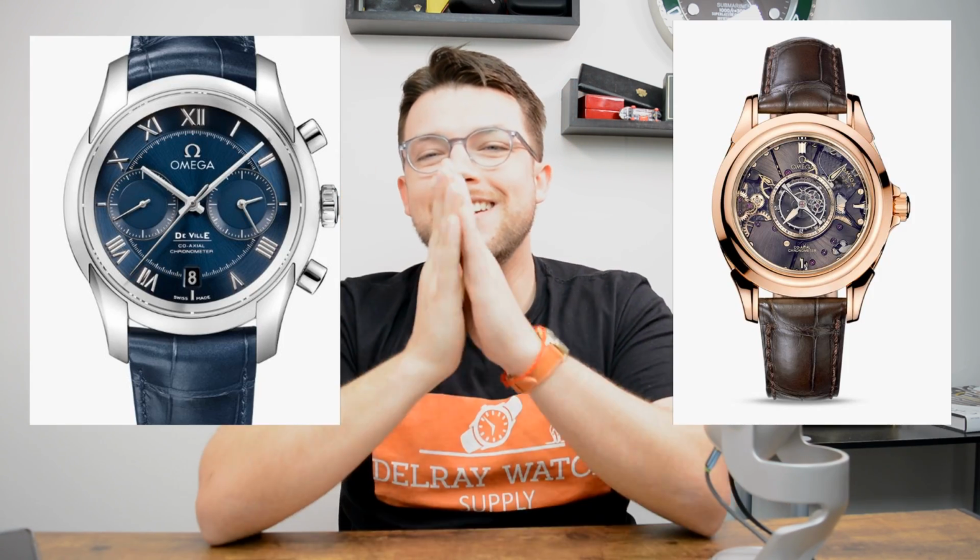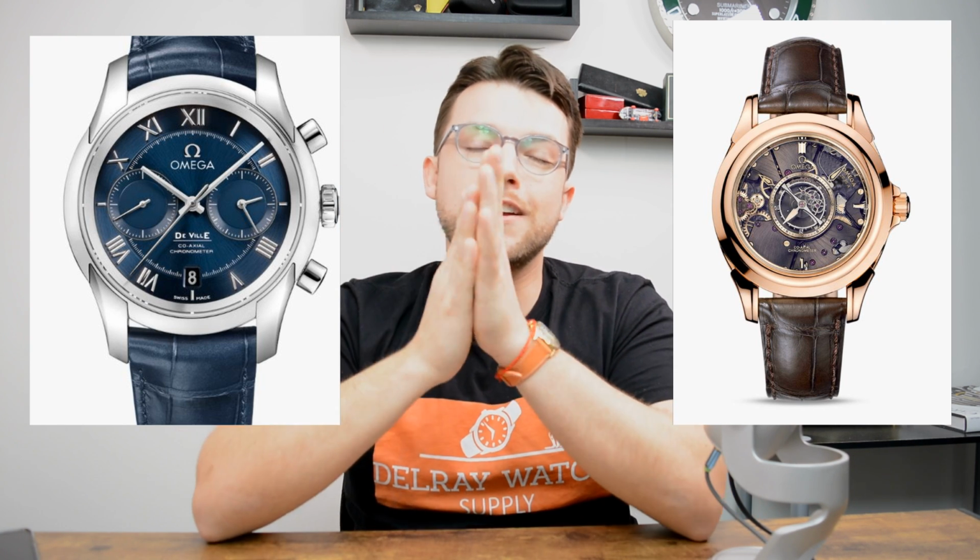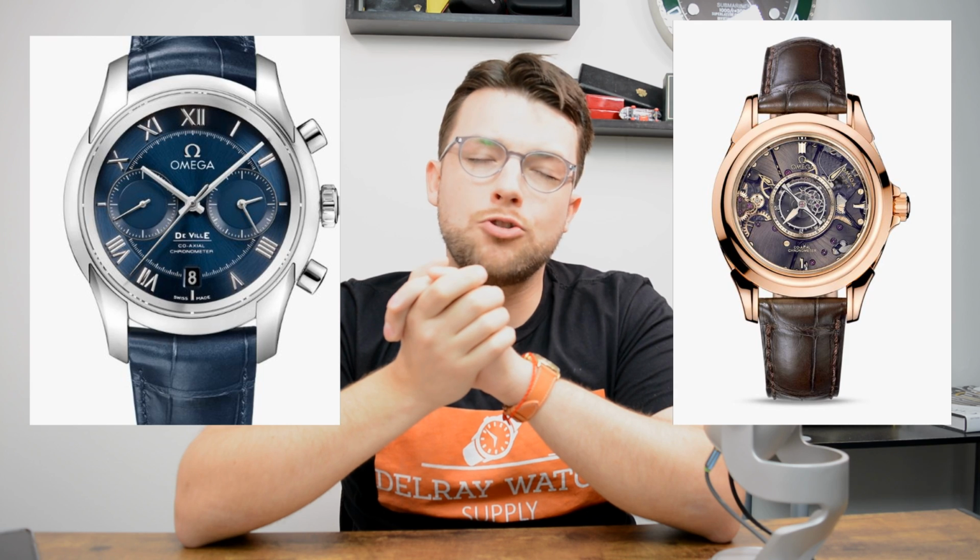That's right, Omega does produce some extremely high end tourbillons in the Deville line. I'll be showing you a picture. These are incredibly sophisticated and really technically amazing watches. So let's talk about, well, first of all, I want to say that all of these watches in this entire